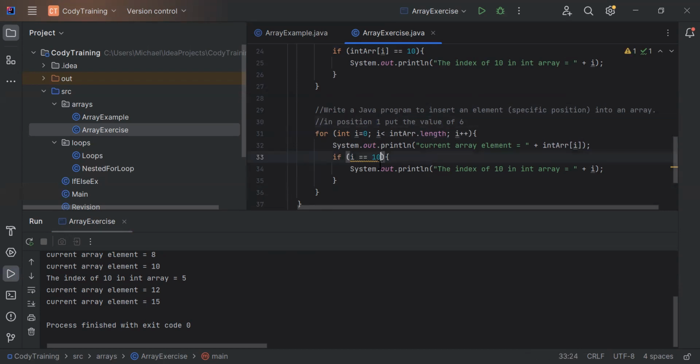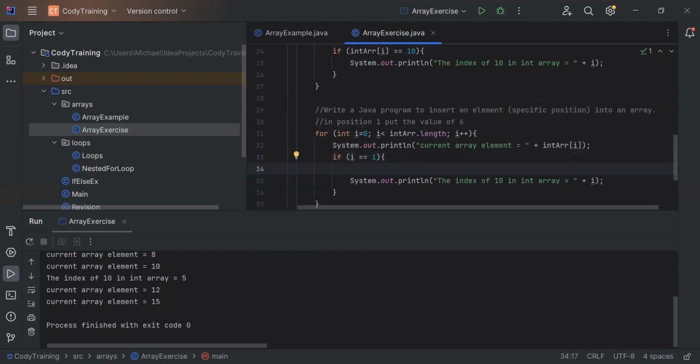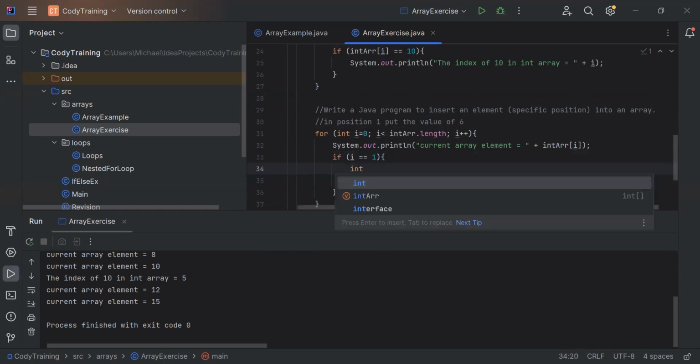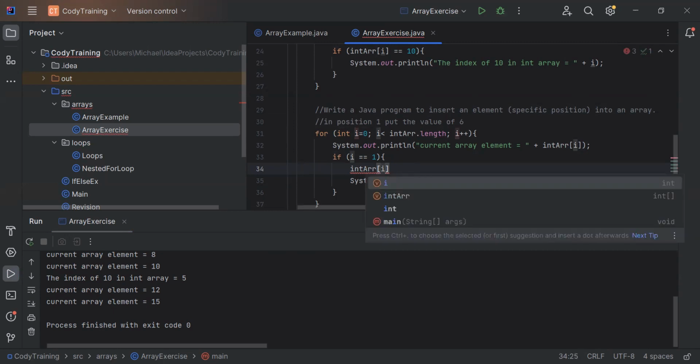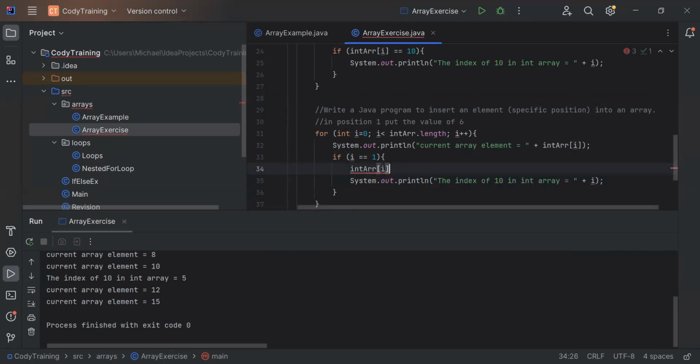Here, if the index of I equals to 1, when position equals to 1, I will put the value of 6 inside the index of 1. So here I will say int array of I equals to 6. Then print here